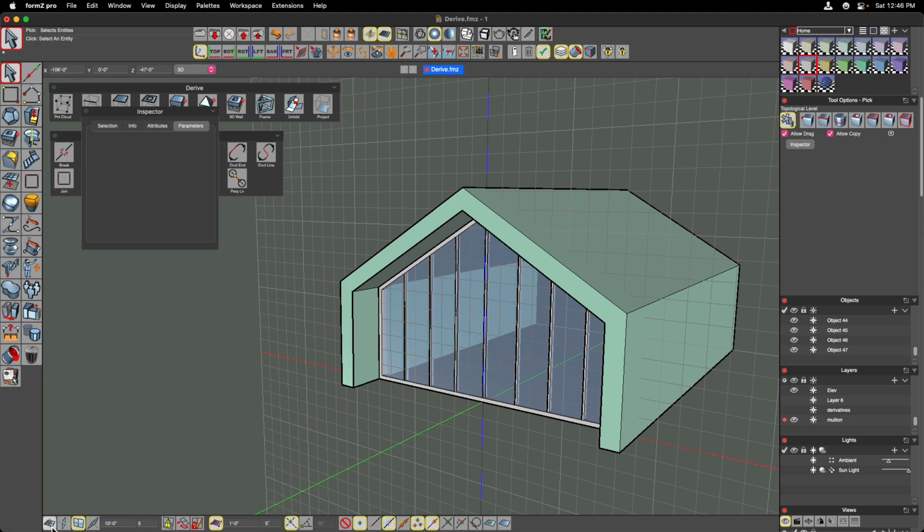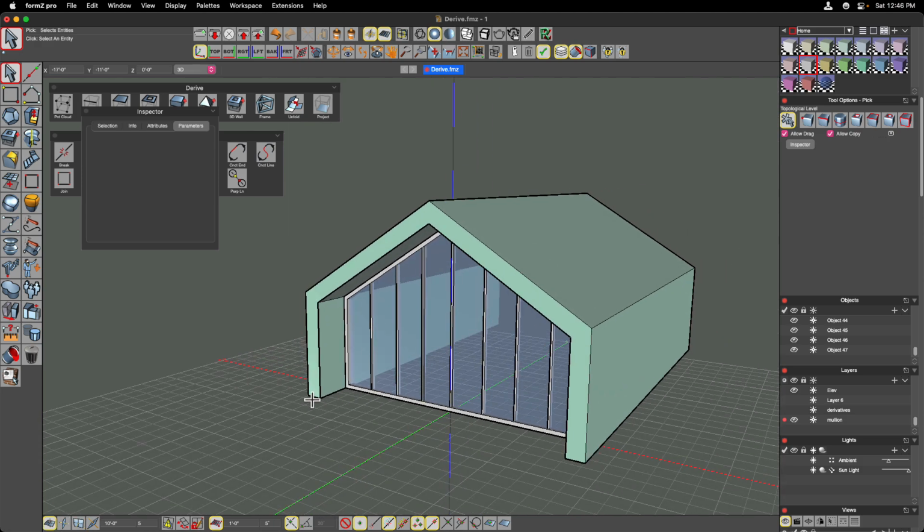From a very simple surface as a starting point, I was able to get all of these parts using FormZ's